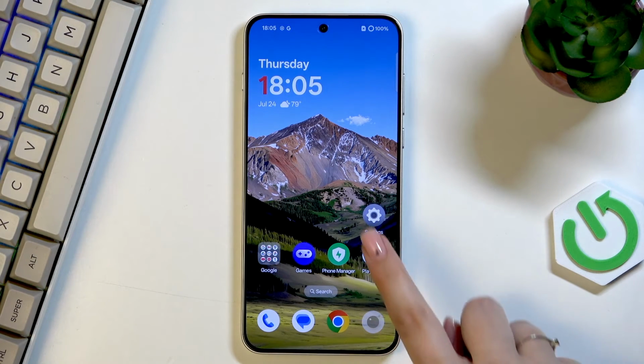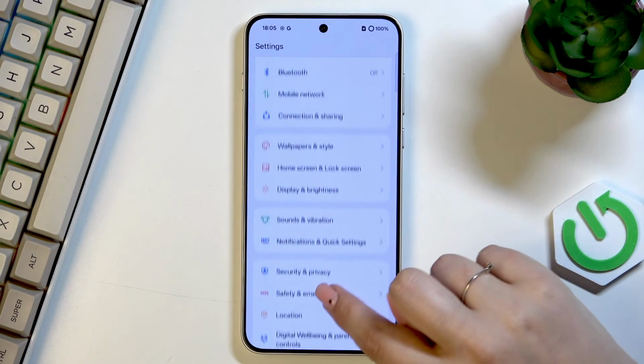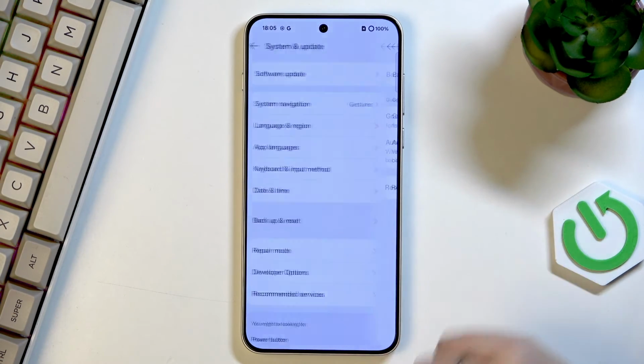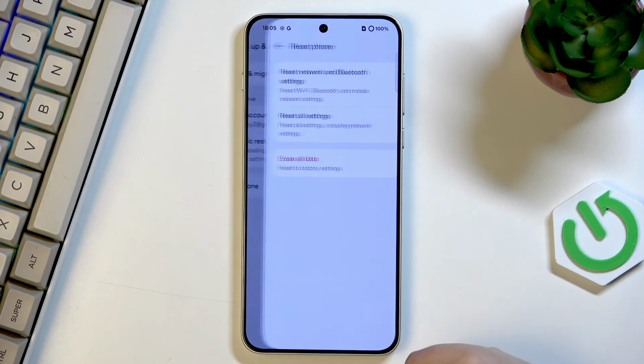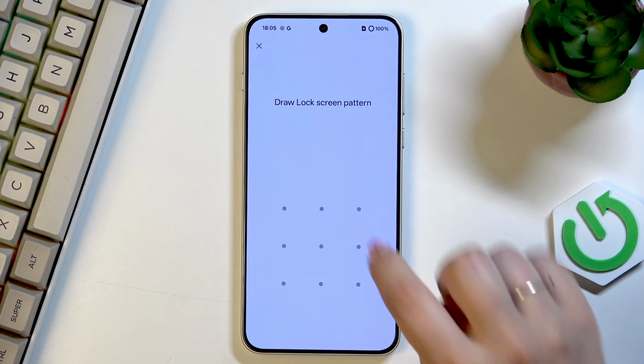So let's begin with opening the settings, and here we have to scroll down to the very bottom to find System and Update. Then let's tap on Backup and Reset and tap on Reset Phone. As you can see here, we've got the option we're looking for, so let's tap on it and confirm everything